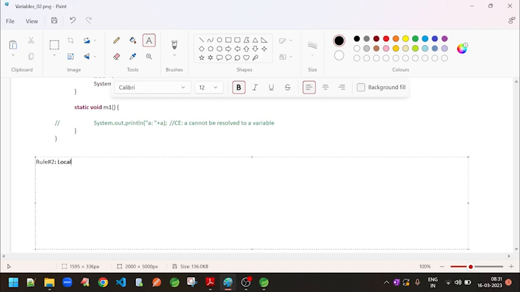Rule number two says that a local variable should not be accessed without initialization. Okay. So a local variable should not be accessed without initialization, and if you are accessing it, then it will lead to